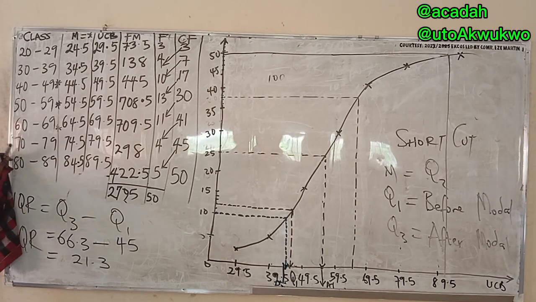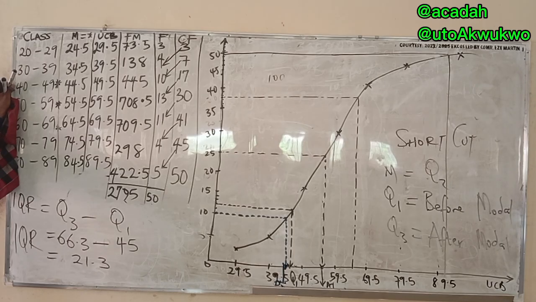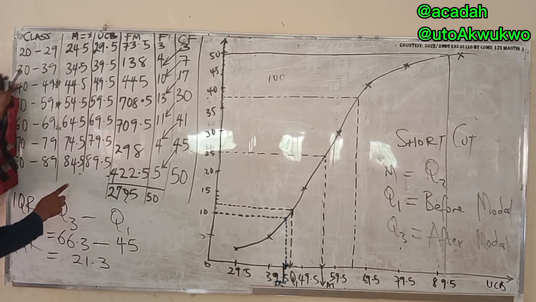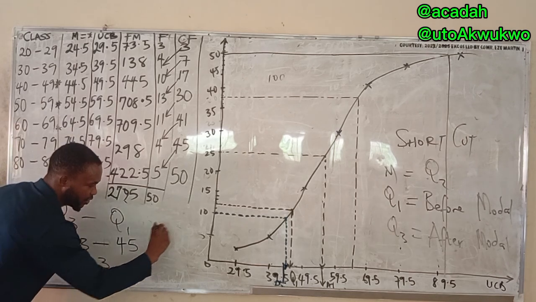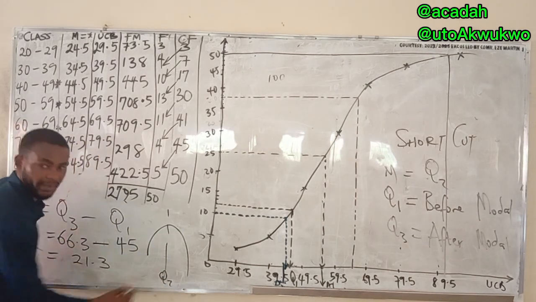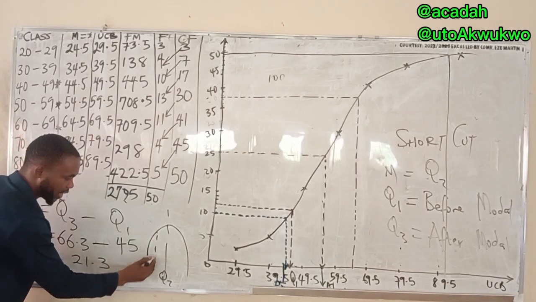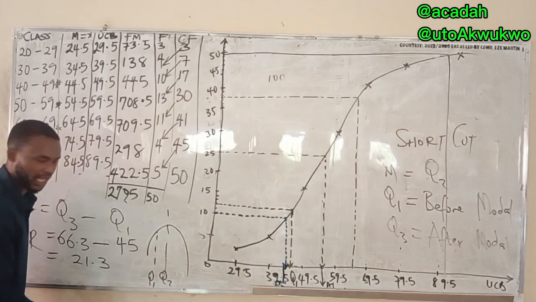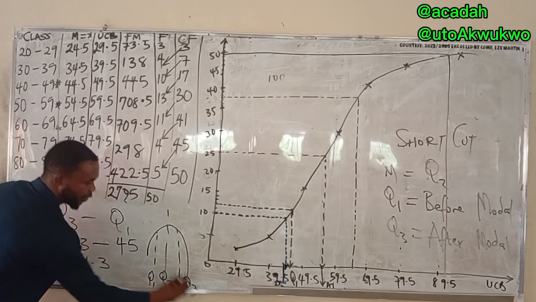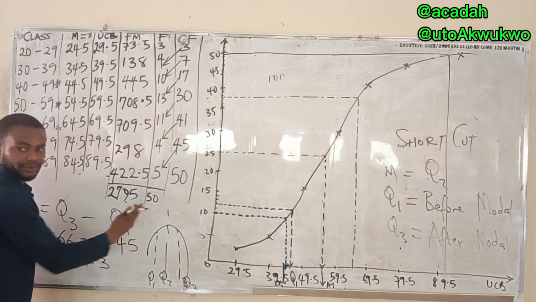It falls under measures of dispersion. But when I'm treating it here, because we use things for the location to do it, it's simply the difference between the upper quartile and the lower quartile. This is the lower quartile, and this is the upper quartile. So if I have something like this and I divide it like this, this is going to be Q2, the median. This part is going to be Q1, the lower quartile. And this one is going to be Q3. That's why we call it upper and lower.